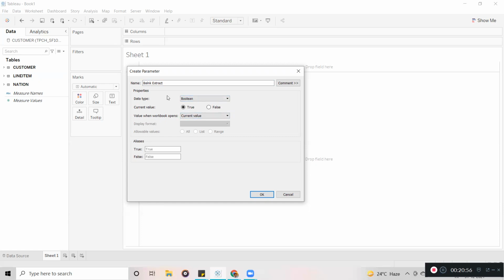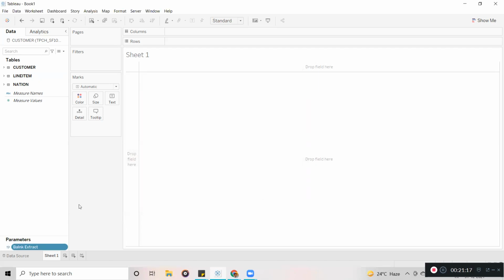So the data type of this parameter, I am going to select Boolean. Now here I am going to select true and false. See, when we learned about the data types, Boolean means it is going to give true or false, or 0 or 1, right? So I am going to click OK.